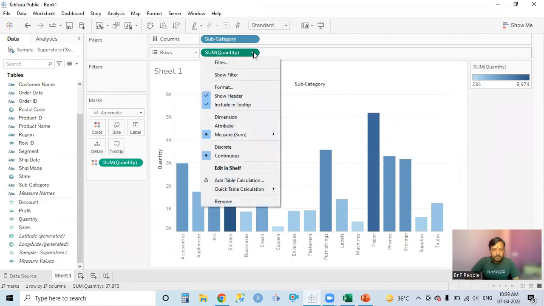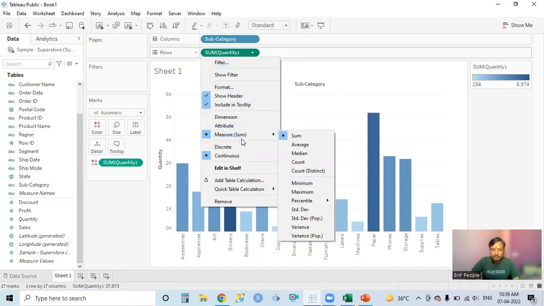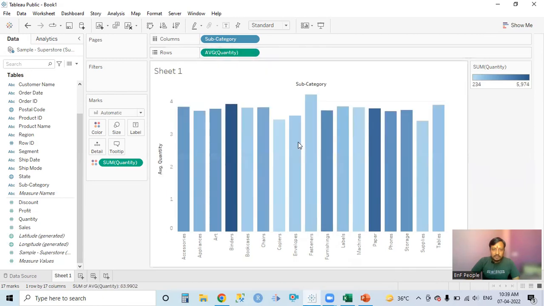And if we want to change it, we go to this arrow, and here are the measures. See how many aggregation functions are available by default here: sum, average, median, count, count distinct, minimum, maximum, percentile, standard deviation, variance, and again variance. If we change it from sum to average, see the values are changed,